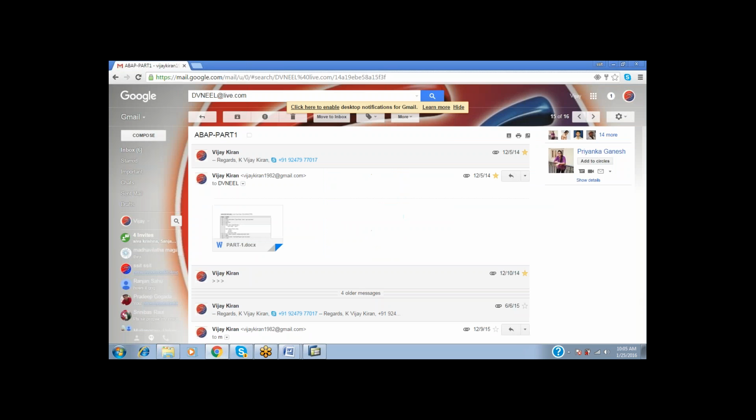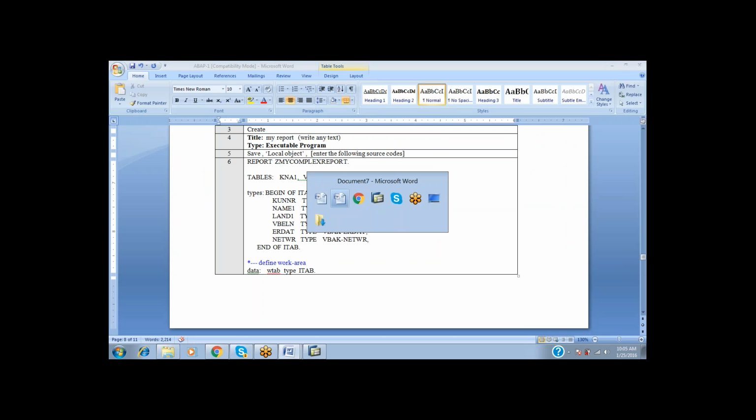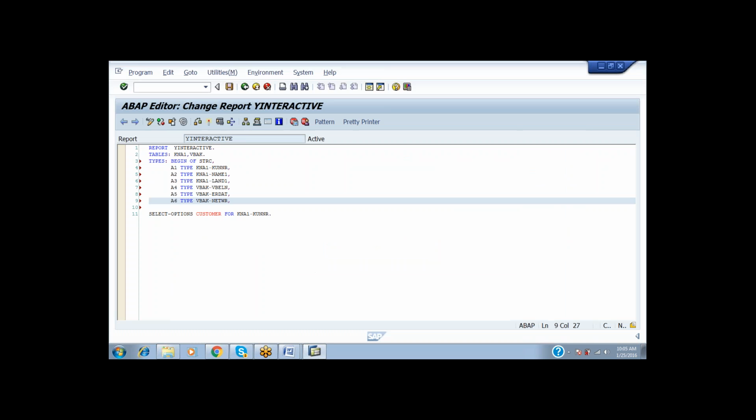Whenever we have started the structure, and whenever we complete the structure, we need to use end of, as in the previous ones, where select has to be closed with endselect, and case has to be closed with endcase. Similarly the structure starts with begin of and ends with end of